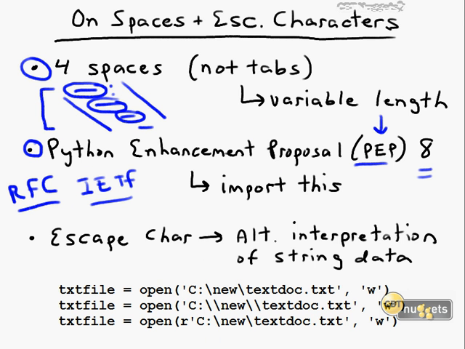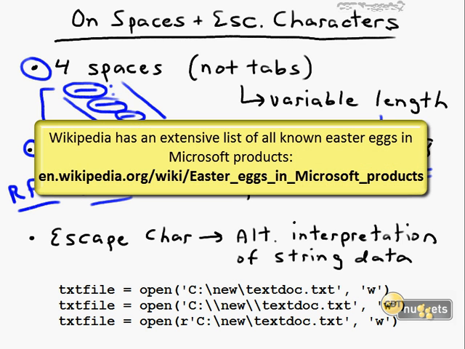Definitely worth your while. If you've ever heard of an Easter egg, it's some undocumented, I'm not going to call it a feature, but some undocumented aspect of a program that the developers normally put in for personal or internal use and is not in most cases meant to be exposed to the general public. Many times Easter eggs in video games and other programs have a humorous side. Sometimes they're pretty intense, like an old version of Microsoft Excel, I believe it was Excel 97, had a 3D flight simulator built into it. If you went to a certain cell and hit a certain keystroke, you could actually duck out of Excel and